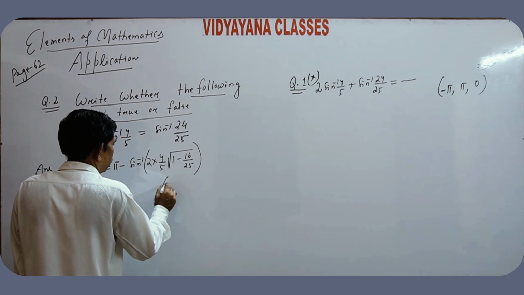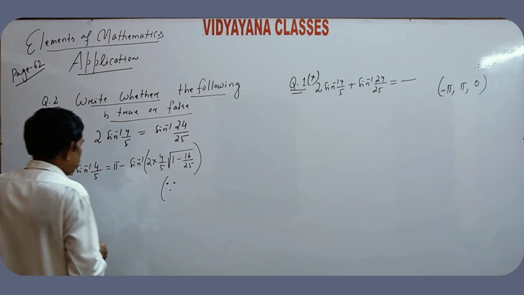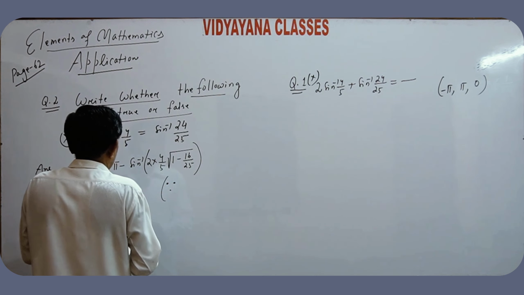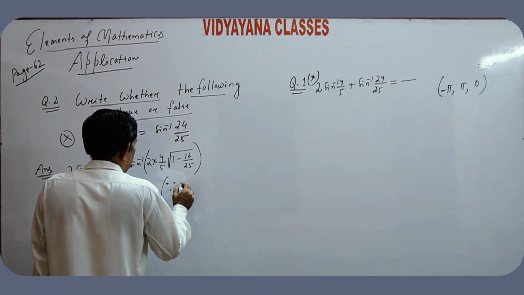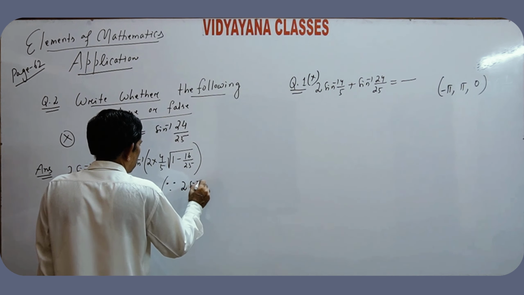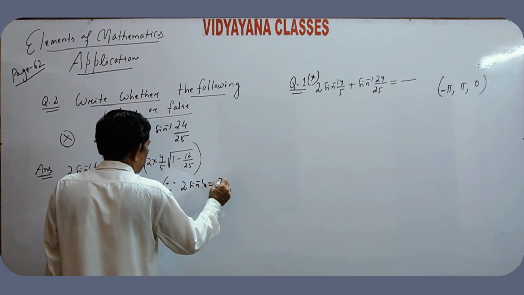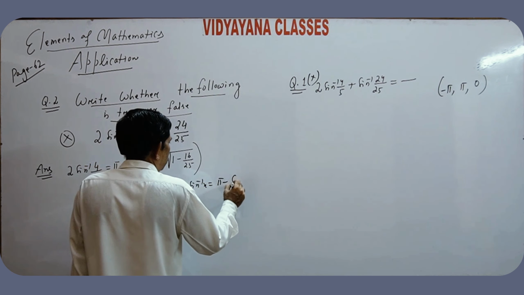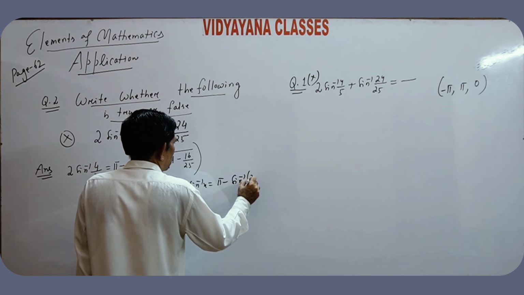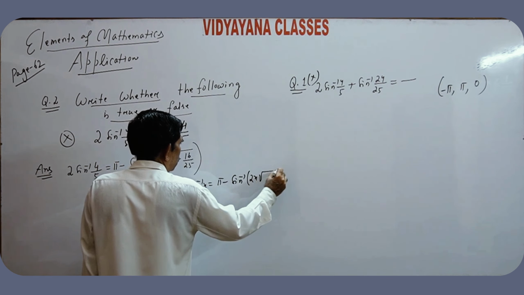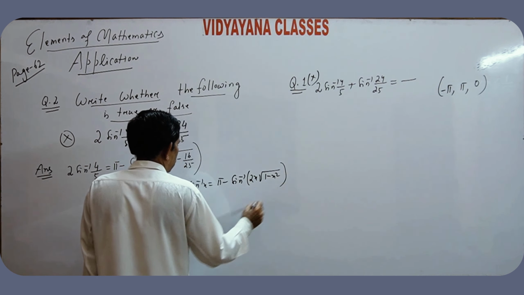Since 2 sin inverse x is equal to pi minus sin inverse of 2x into root of 1 minus x square,